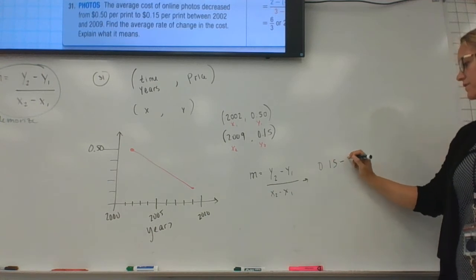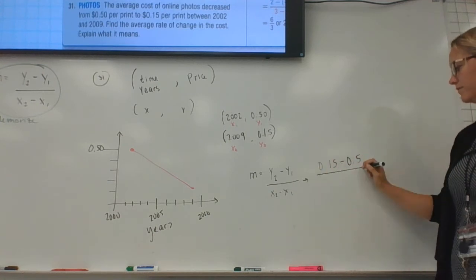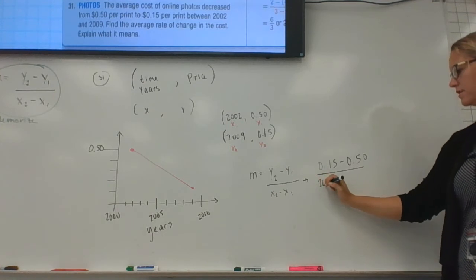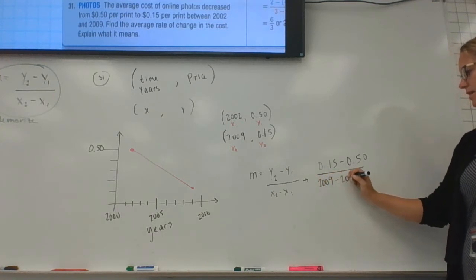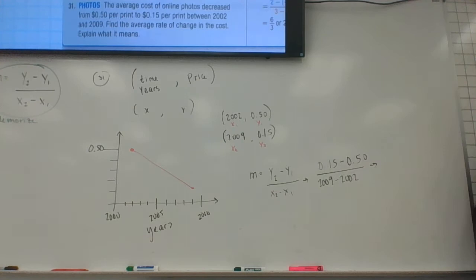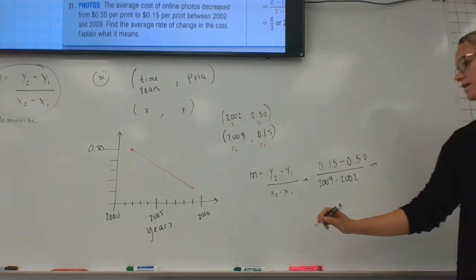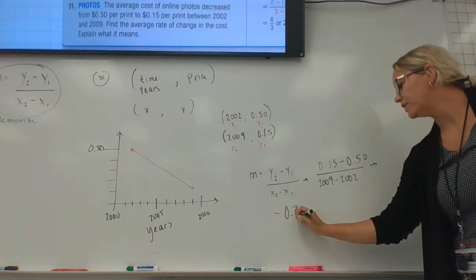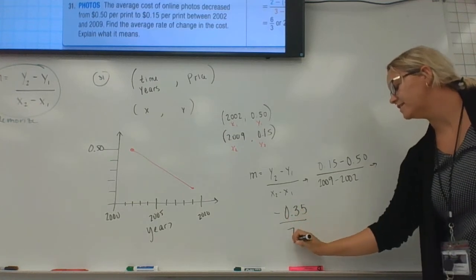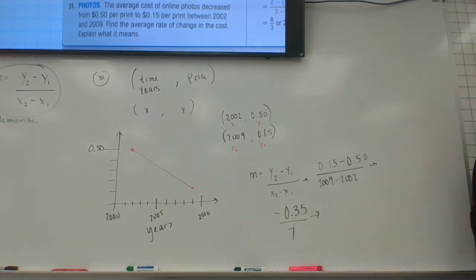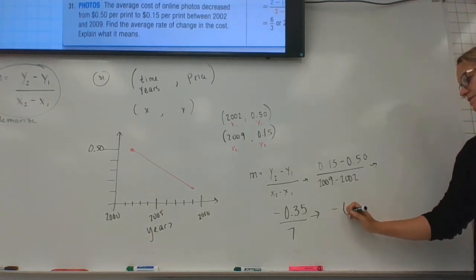So it's 0.15 minus 0.50, 2009 minus 2002. So it's negative 0.35 over 7. And since it's already a decimal, you have full permission. You don't have to leave this as a fraction. Divide it out. What's 0.35 divided by 7? It'll be negative 0.05